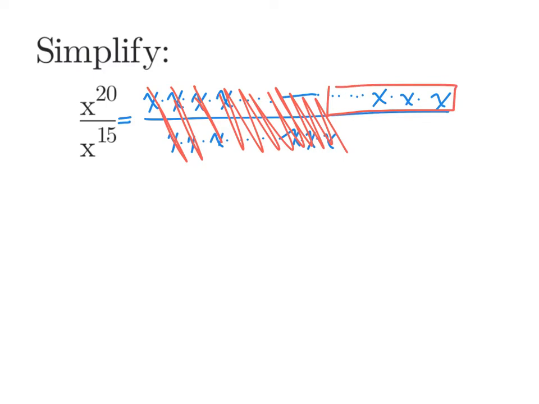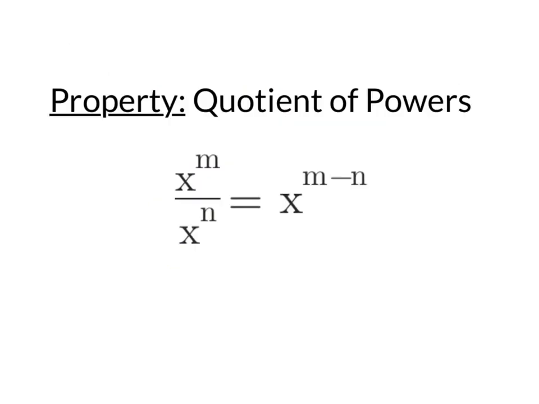And we can figure that out because 15 of the x's that were in the denominator canceled with 15 of the x's that were in the numerator. If we took 15 of those x's out of the numerator, we're left with 5 more. So 20 minus 15 leaves us with x to the 5th power. And that's what the quotient of powers property is. That if we're dividing two powers where the bases are the same, what we do with those exponents is to